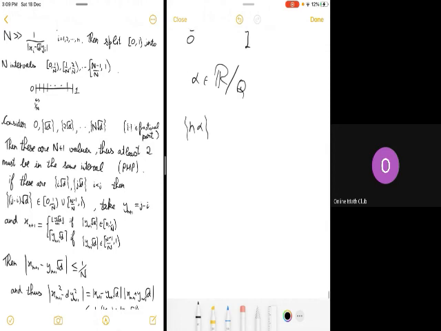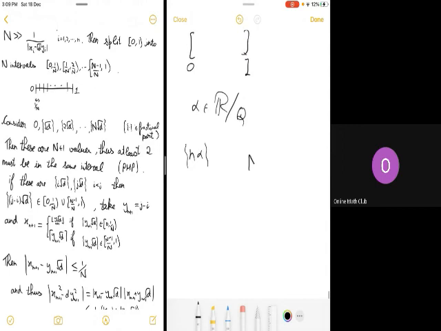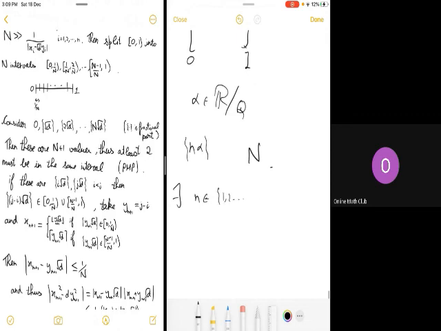In particular, for any n, there exists a in 1, 2, ..., n such that the fractional part of a alpha